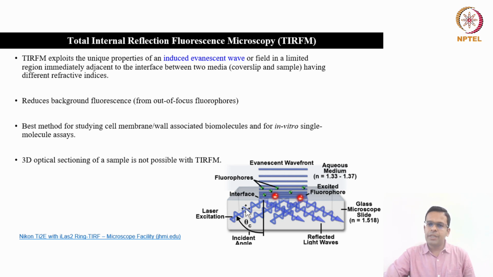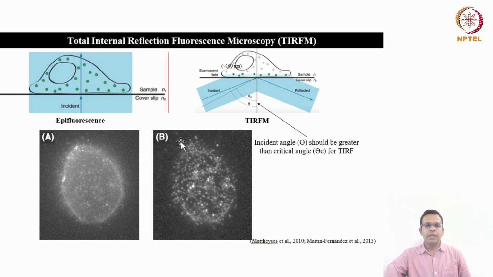So when light completely reflects from this surface, it produces the evanescent field at the interface, and that evanescent field decays exponentially in this direction. So what does it mean? Let's say this field can illuminate the molecules which are in very close proximity to this interface. Okay, so just about 100 to 200 nanometer distance, the evanescent wave can illuminate the fluorescent molecules. So we'll look into the details.